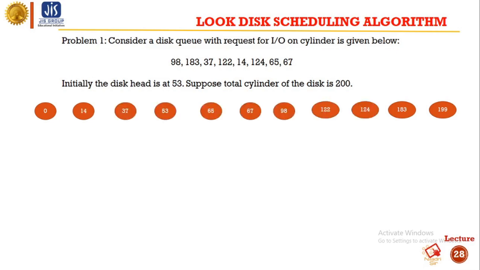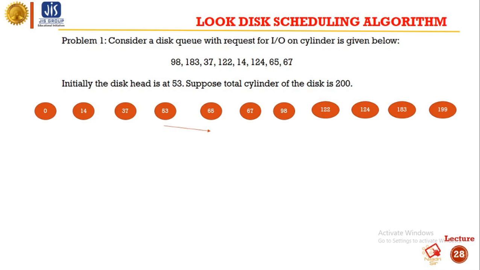As you can see, we have already put all the cylinders in ascending order: 14, 37, 53, 65, 67, 98, 122, 124, 183 and 199. Only 53 is extra here because it is the initial head position.